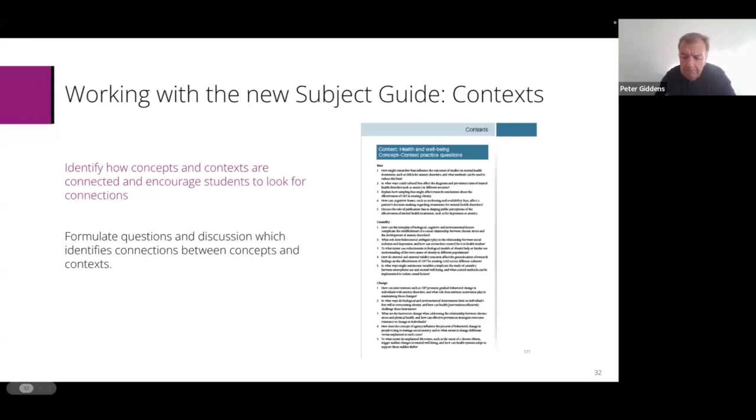How to put this? Although we have created the textbook in separate sections and the subject guide is created in separate sections, it's really important that we teach all of the content and context and concepts together, but only where it makes sense. And so the way I'm approaching constructing my course is to start with a context that I want to do. And I'm thinking I will start with learning and cognition